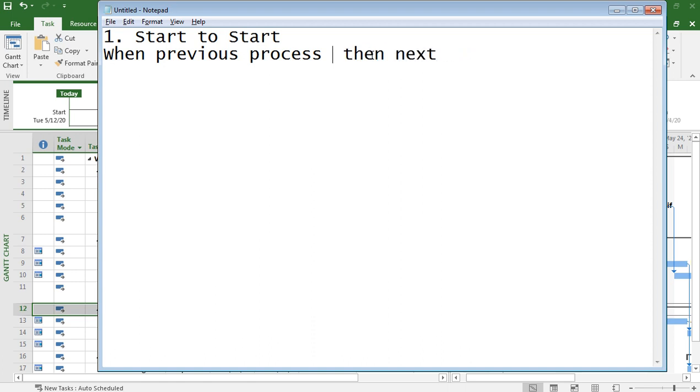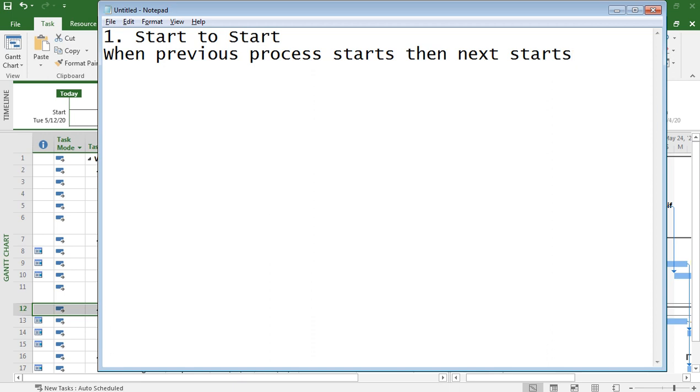Start to start means when the previous process starts, then the next process starts.